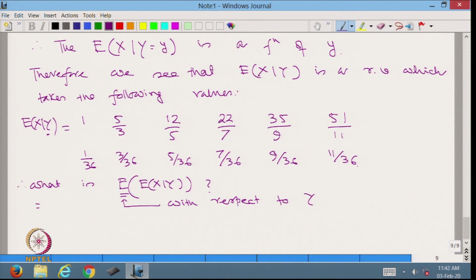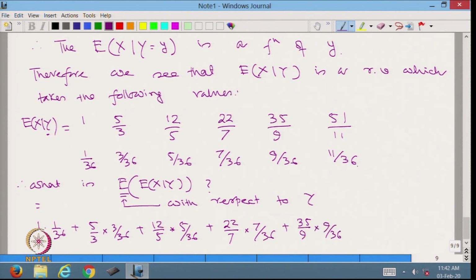Therefore, we can write it as 1 into 1 by 36 plus 5 by 3 into 3 by 36 plus 12 by 5 into 5 by 36 plus 22 by 7 into 7 by 36 plus 35 by 9 into 9 by 36 plus 51 by 11 into 11 upon 36, which is coming out to be